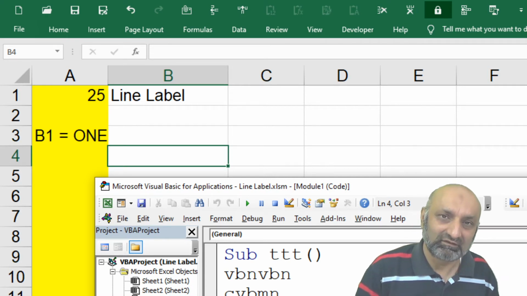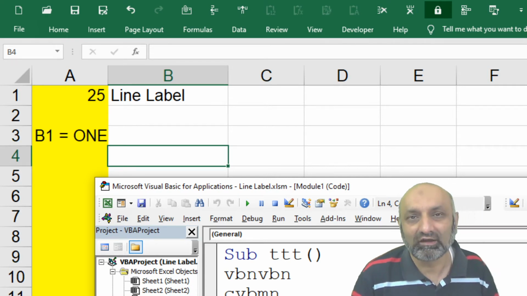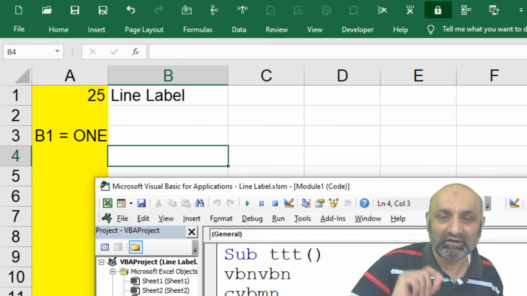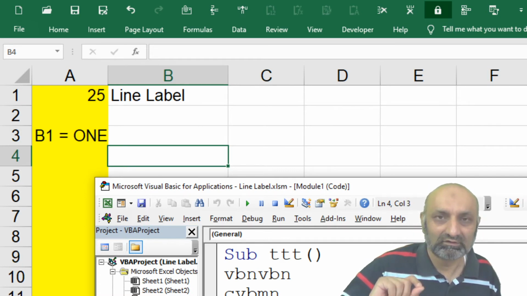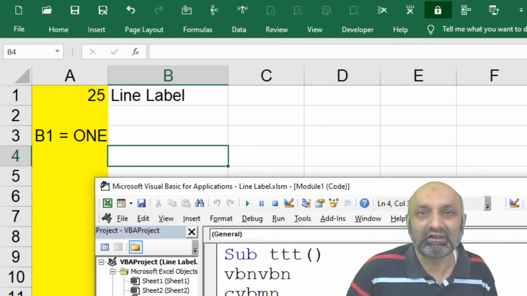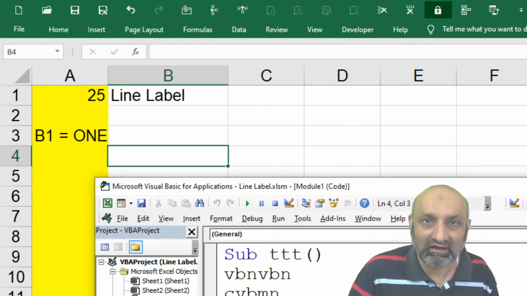Back in BASIC and GW-BASIC, we used to have line numbers, so we could identify that this is the line number we are looking for. But in VBA, we have line labels as identifiers.